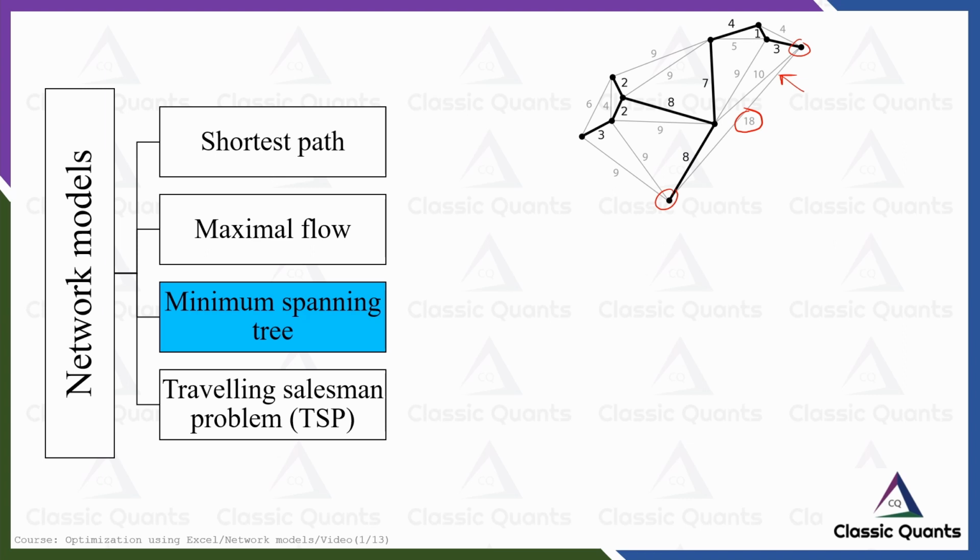So, in case of minimum spanning tree, we are discussing the undirected minimum spanning tree. So, what is the objective here? Basically, the problem is like this: there is no source or sink in this case, only some nodes are there, and we need to cover each node of this network with a disjoint network.